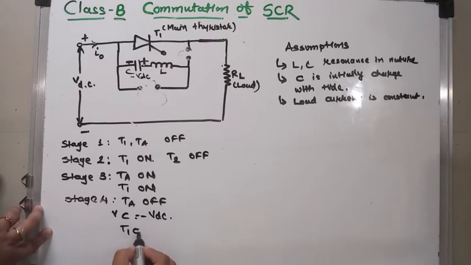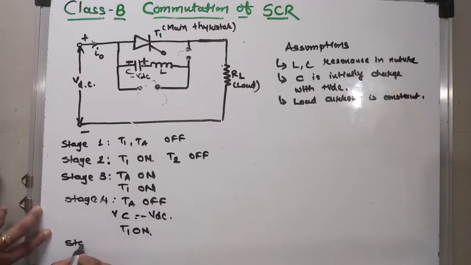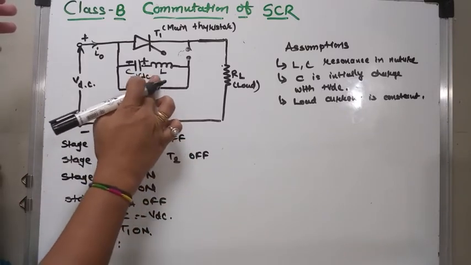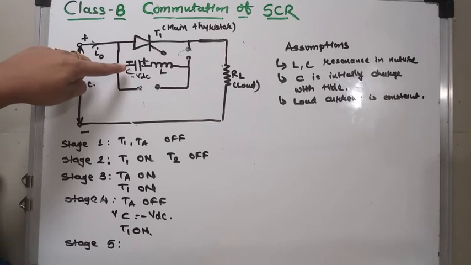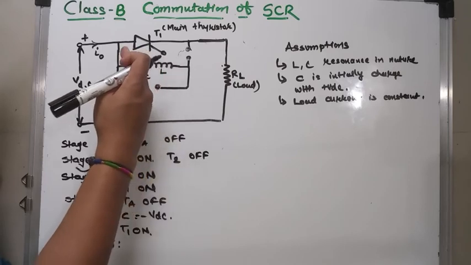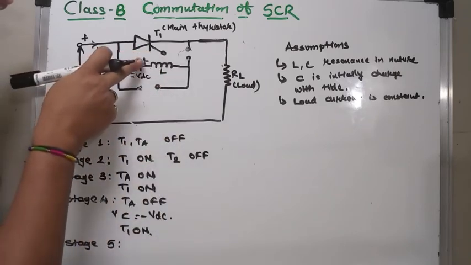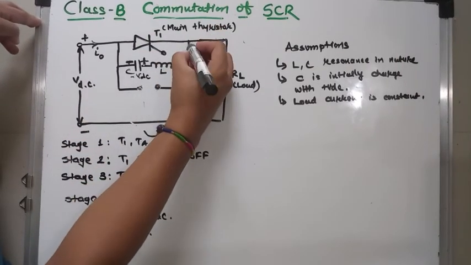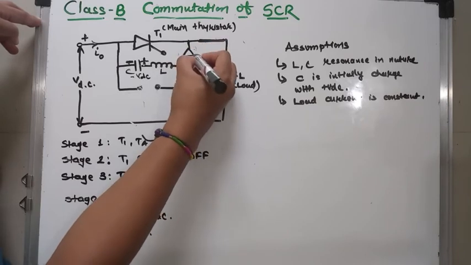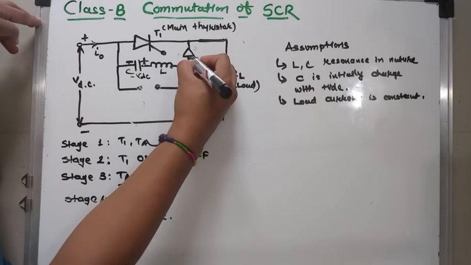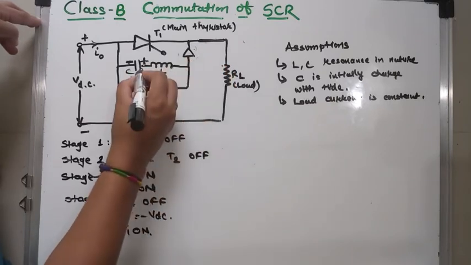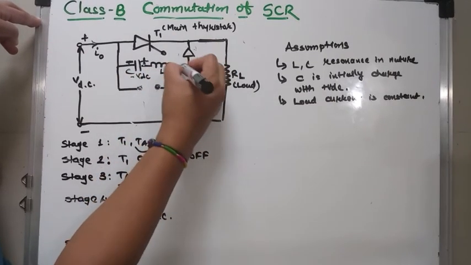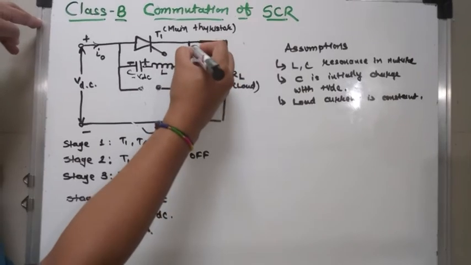T1 is still on. Now in stage number 5, what will happen? See here, now the capacitor is oppositely charged, with the right hand side plate positive with respect to the left hand side. Now this positive is connected to the diode. So the diode is now forward biased and comes into conduction mode, as the anode of the diode gets the positive, so it is forward biased, and it comes into